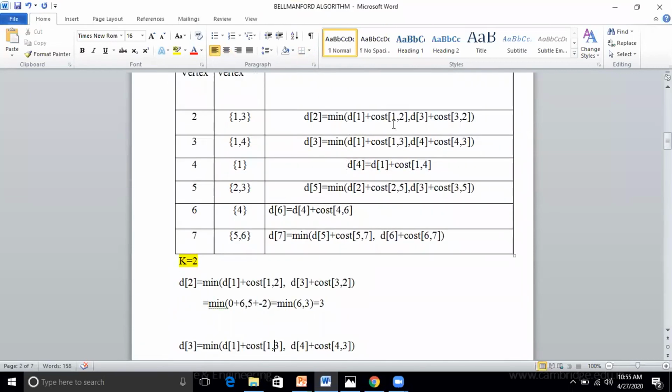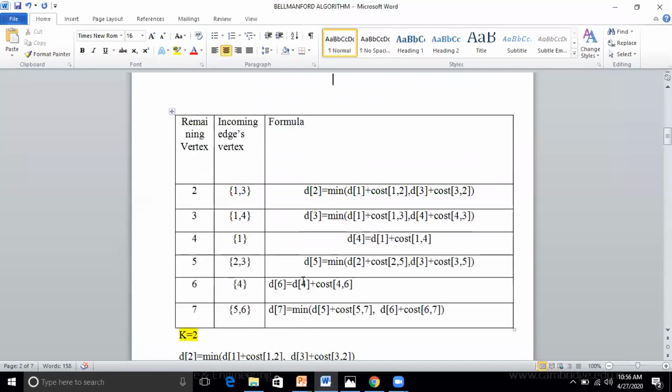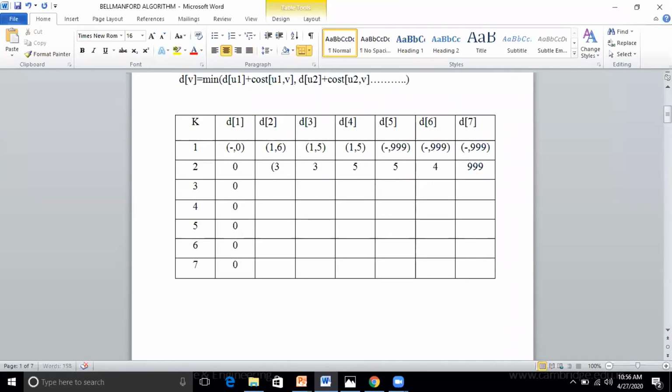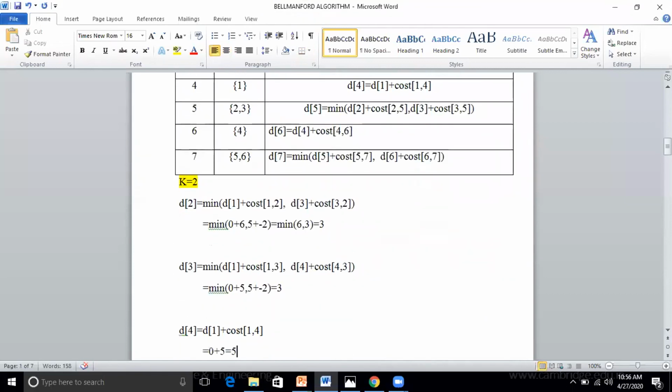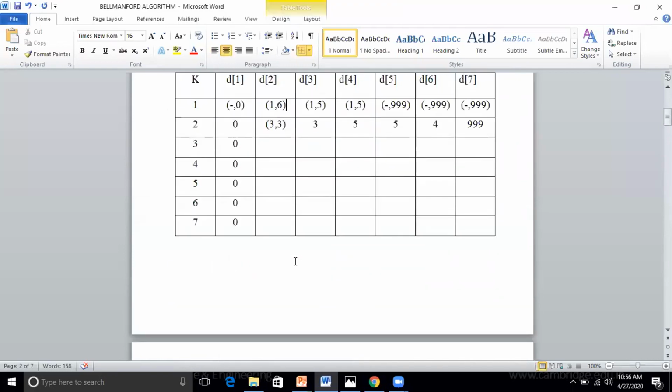Okay, sir. Fine. So via which node we got this 3 value, students? Via D3, correct? First value was 6, the second value is 3. Via which node we got 3? So can I write as 3 comma 3? Yes, sir. What about D3? Via which node you got as a minimum value? 4. So it is via 4 comma 3.